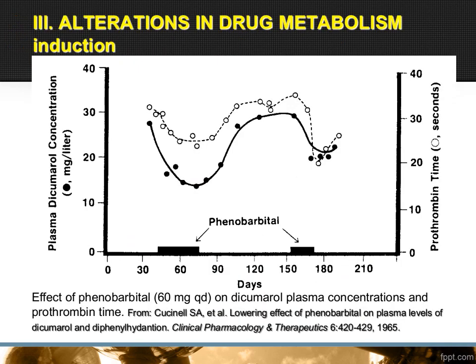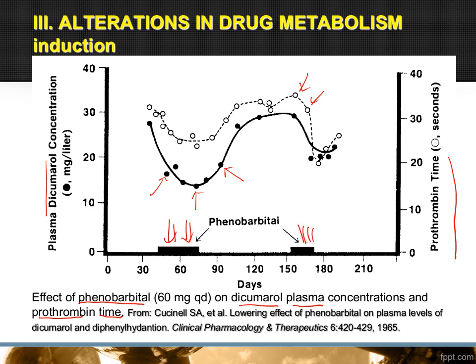And also alteration in drug metabolism by induction. Okay, the effect of phenobarbital on dicumarol plasma concentration and prothrombin time. This is the prothrombin time, the white one. Dicumarol is this one, the dark circle. So this is the time when